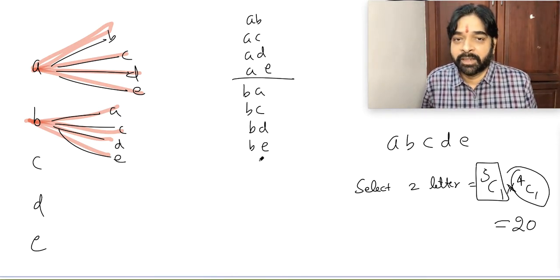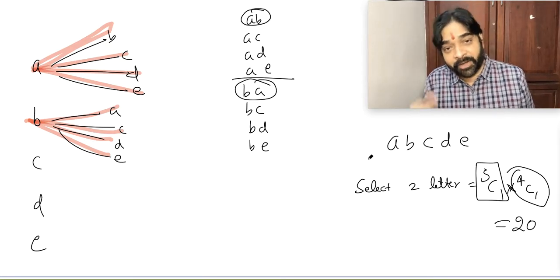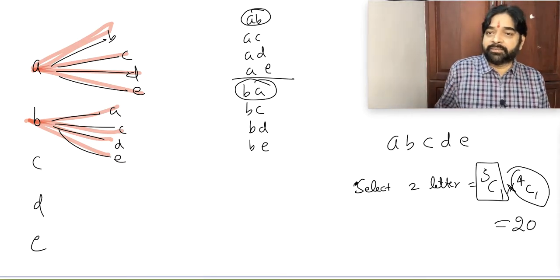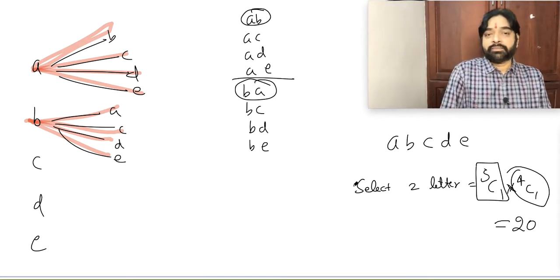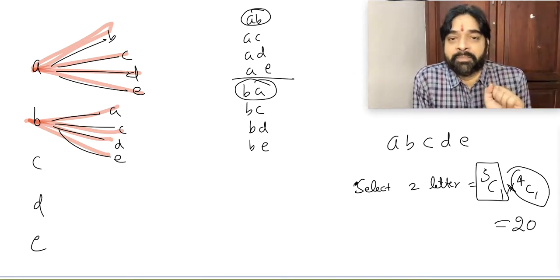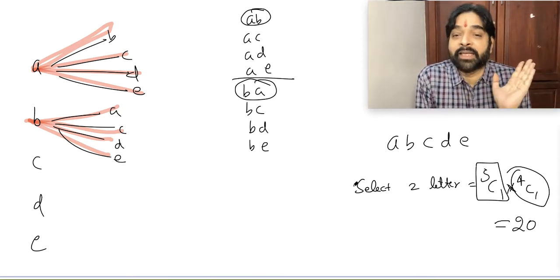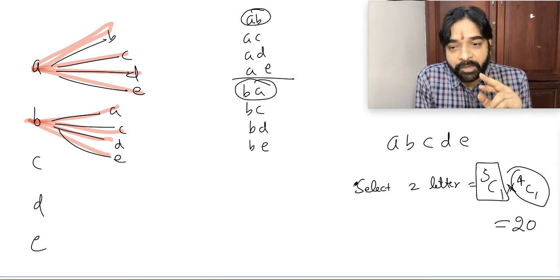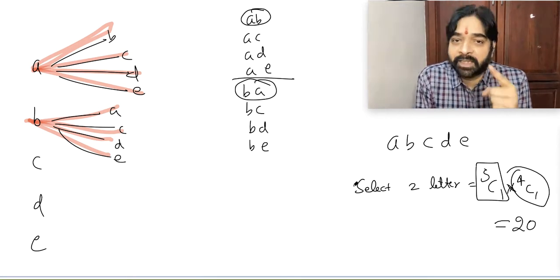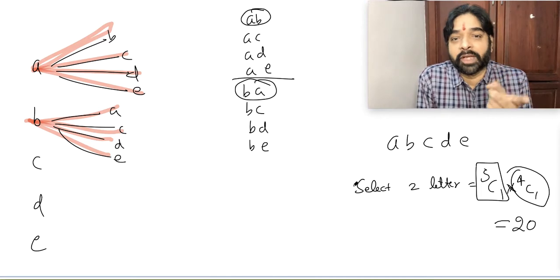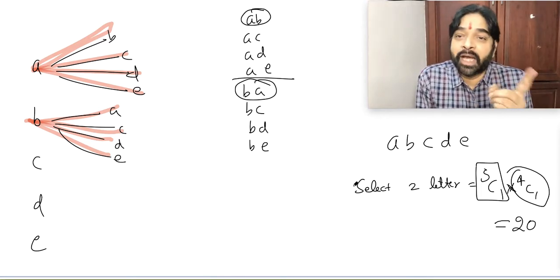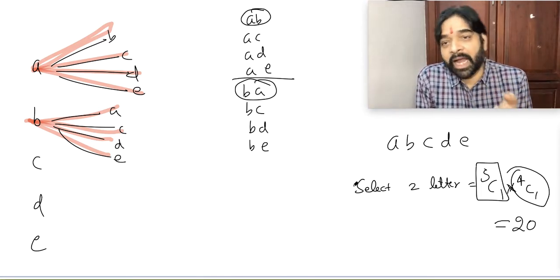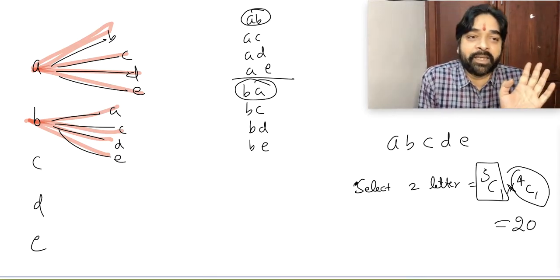I hope some of you are able to understand what the mistake is. Did you understand? I was getting AB, I counted one selection, and BA I counted as a different selection. Is it a different selection or the same selection? It's the same selection. The same thing will happen if you go with C. So CA you will get and CB, repeated solution. Every selection will become double, 2 times you will count. Actually this way you are doing arrangement also. AB and BA you are considering as different selections, but they are not different selections.